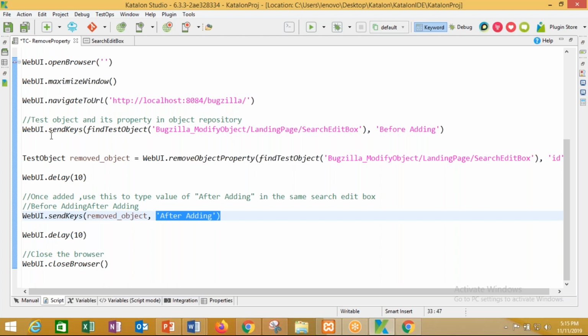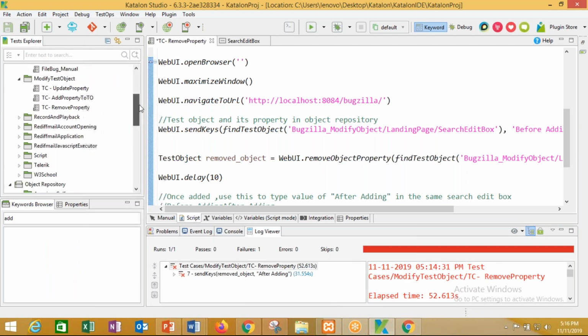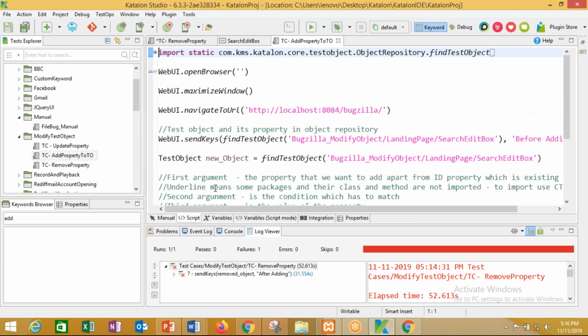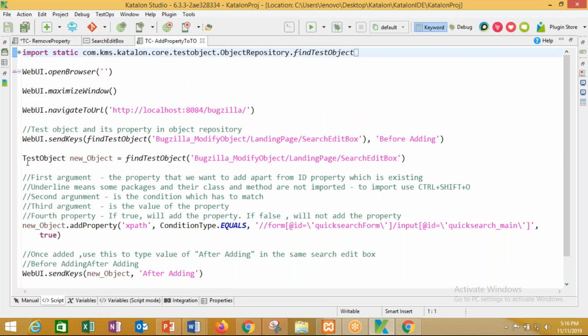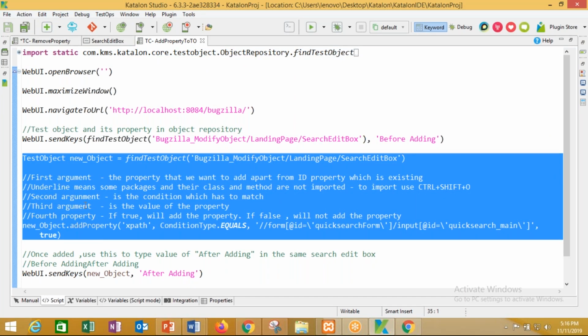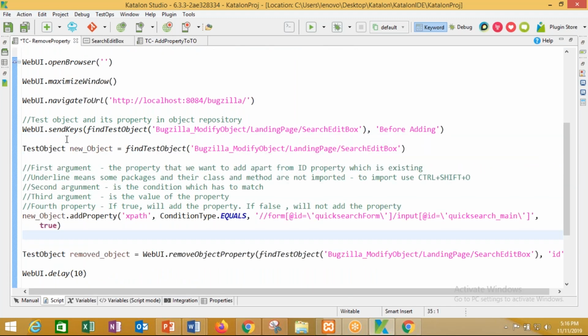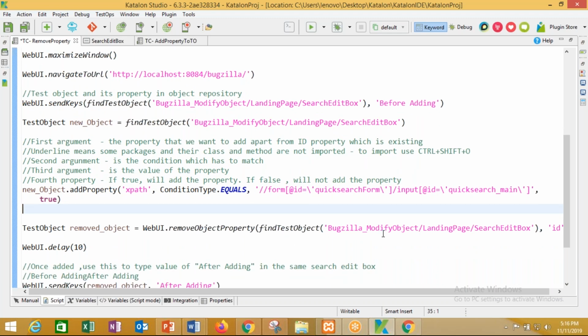But when I add an object, why it is not taking, I don't know. I'm adding an object to it called XPath and trying to remove it. It should not type. Very absurd. Okay, let's go to the add property portion. This is what is added out here. XPath is added. Then you have removed the same